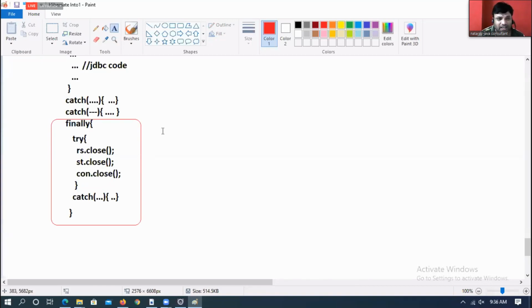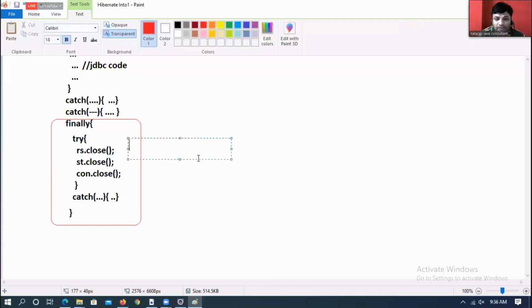So that's why writing a finally block is good. But if you write like this, again bad code.